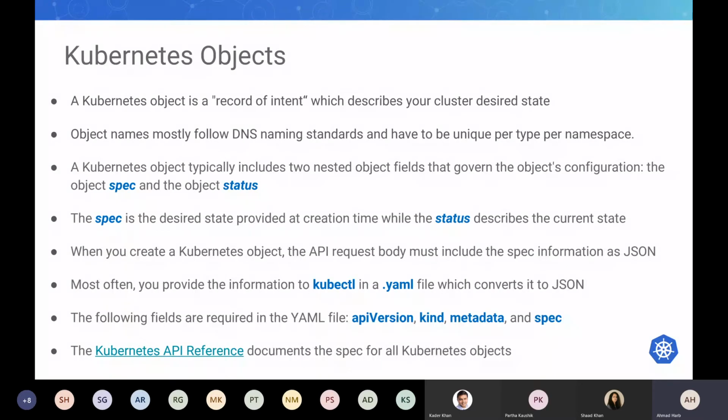Okay. So Kubernetes objects are pretty much a record of intent. They describe your cluster's desired state. Okay, and Kubernetes as a system will do its best to make sure that your desired state is always being matched by the actual status for all the objects inside the cluster. The Kubernetes objects describe what your containerized application is going to run, on which node it is going to run,